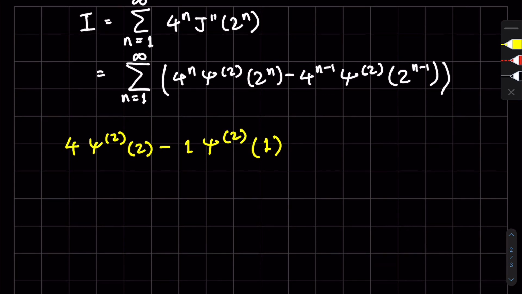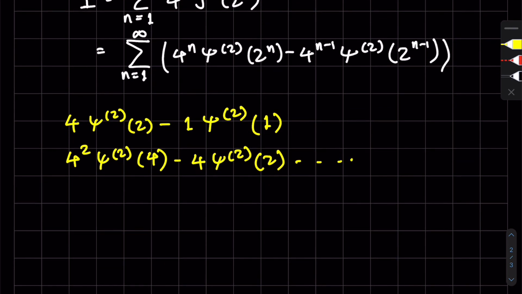And then if I write other terms, for 2 I'm going to have this, order 2, is 4 minus, this is going to go back to what we had for the very first term. So 4 again of order 2 of 2, and then so on. This pattern repeats, but the idea is this is a telescoping series in the sense that this is going to cancel with that, this is going to cancel with a term here,